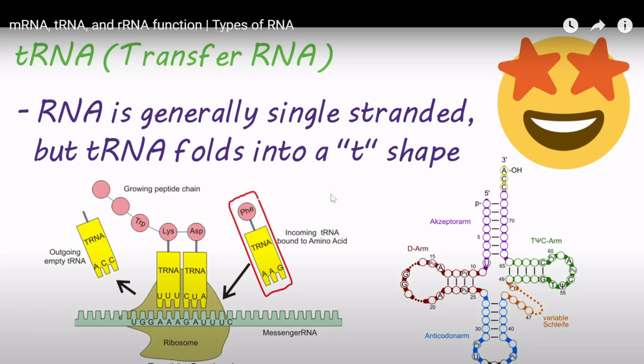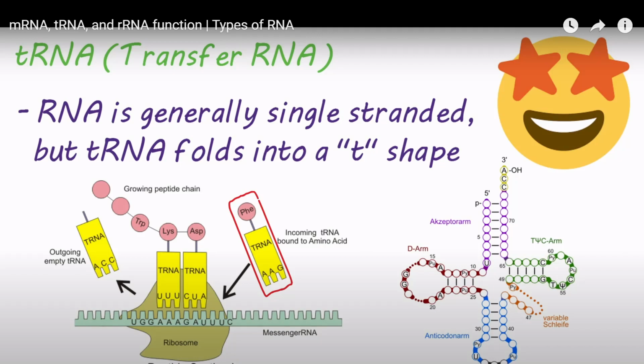Okay, so who brings the amino acids to the ribosome? tRNA, okay? And then they have a little 3-letter code that matches up with the 3-letter code on the mRNA. So down here we have U and A and G. So who pairs with U? A. A pairs with U, and G pairs with C. What do we call those base pairs that pair with each other very nicely? They are